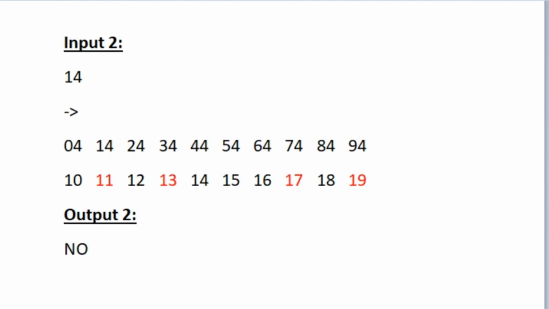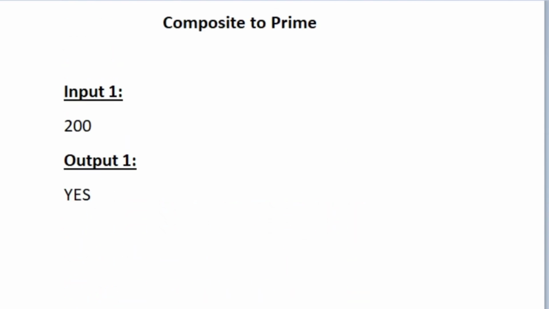So in this case, we have to print no as our output. So if we are able to find a prime number, we have to print no. And if we are not able to find even a single prime number, we have to print yes as our output. So for sample input 1, we will be using the same procedure. And in sample input 1, the input n is equal to 200. So the number of digits in the integer n is 3. So while replacing every digit with 0 to 9, we will be able to form 10 new integers for each digit. Since the number of digits in the integer n is 3, we will be able to form 30 new integers, and none of them will be a prime.